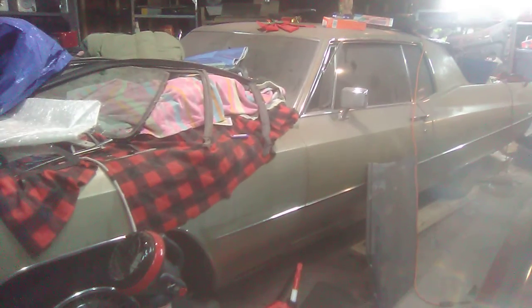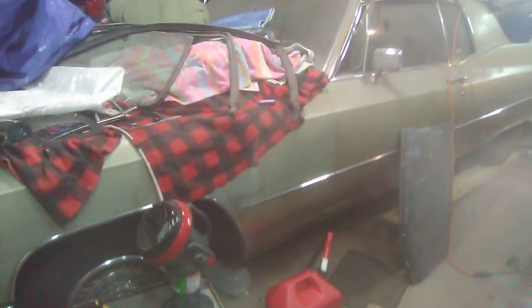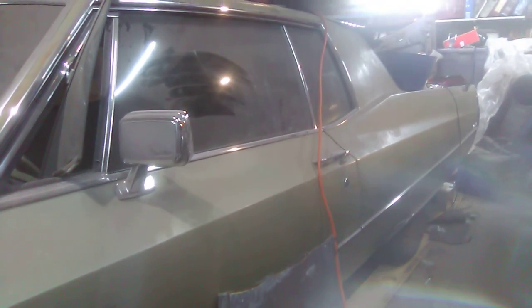That's what I do. I really got to get this Monte Carlo done, though, because I need to get this Cadillac going. I cannot wait to weld all this metal in here and finish up this floor pan, and see if I can get this old 472 running. I haven't even messed with this thing yet, so she's going to be bad. But probably not as bad to the bone as this thing is,